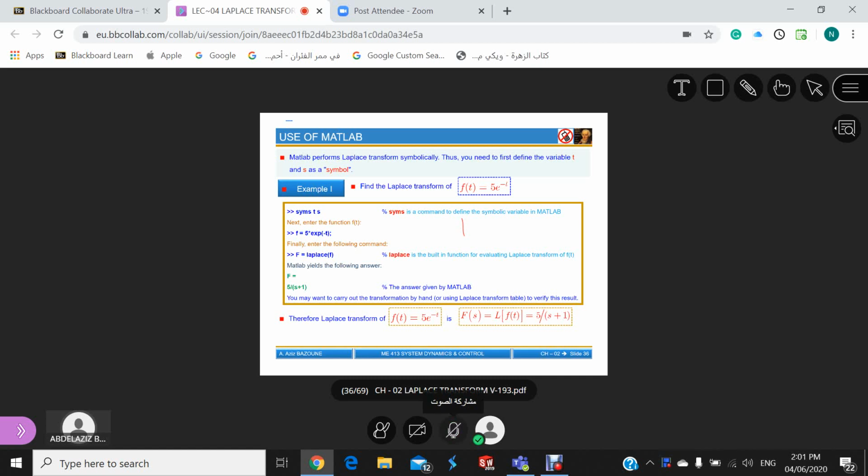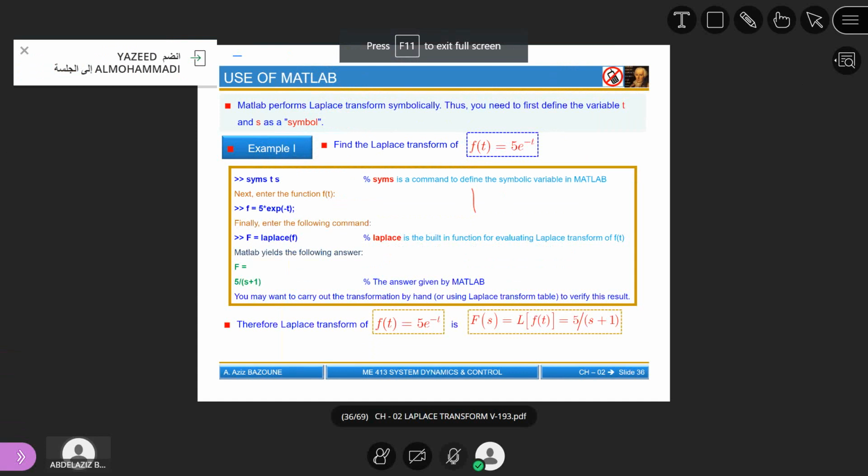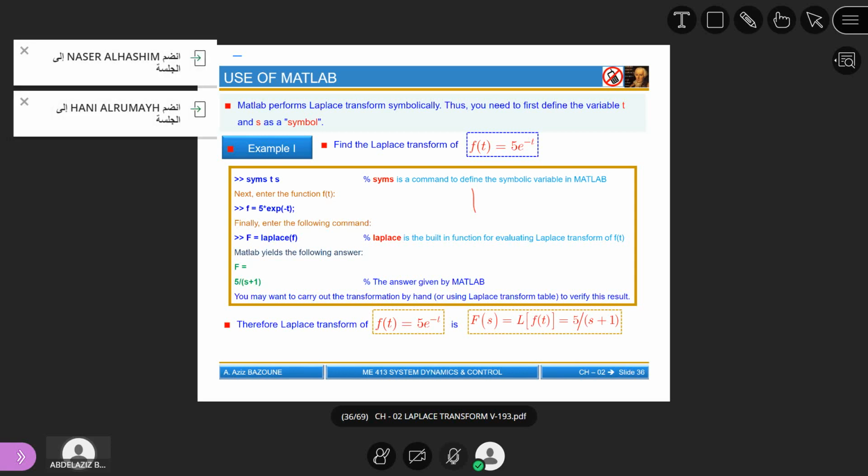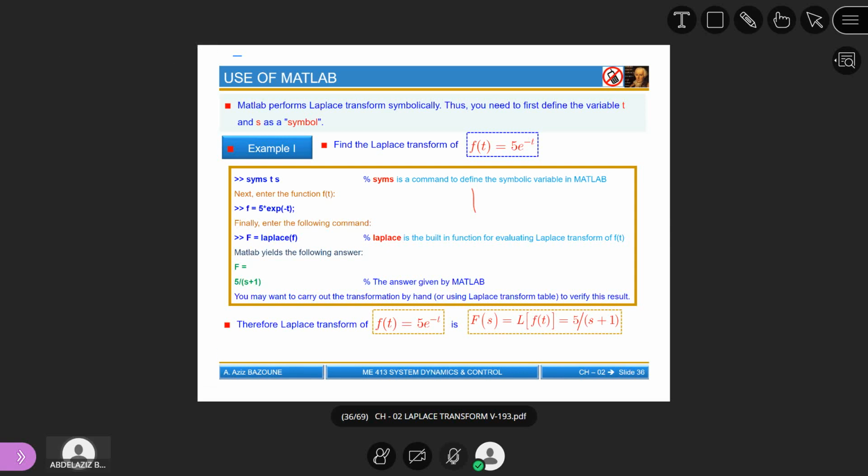Laplace transform as a tool to solve the differential equation. And we define some ways and some signals that we need for our course. Of course, we mentioned last time, if you remember, we had also the table. And we have another tool today to use, which is MATLAB. Since we are using MATLAB as a tool, we can use it in solving our equations or finding